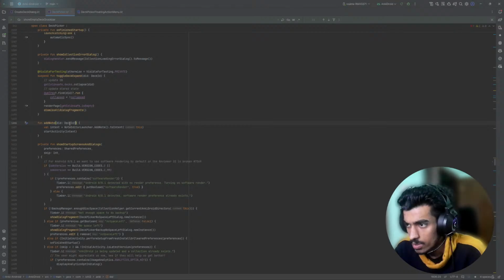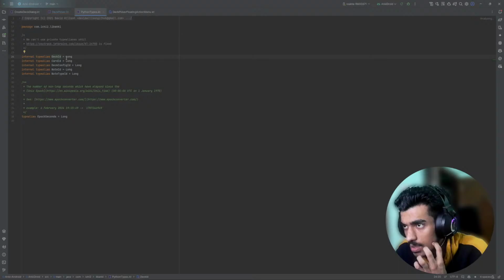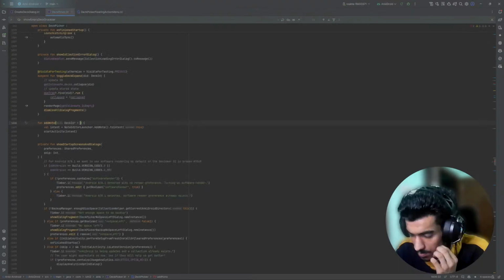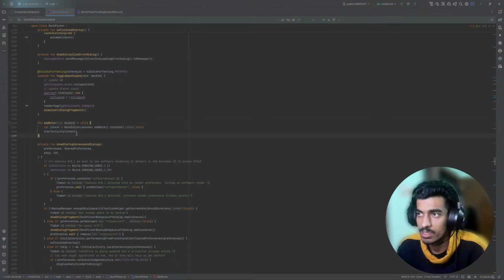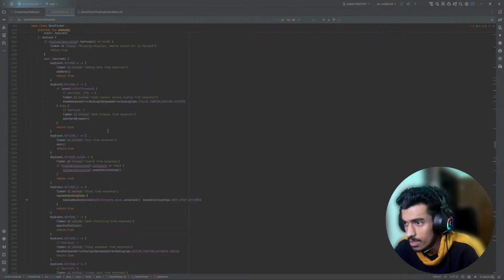Okay, what is the default value for this? That is type alias long. So maybe we can pass it as null, and it is Kotlin, so we can handle it properly. What is the error here? There is no error,